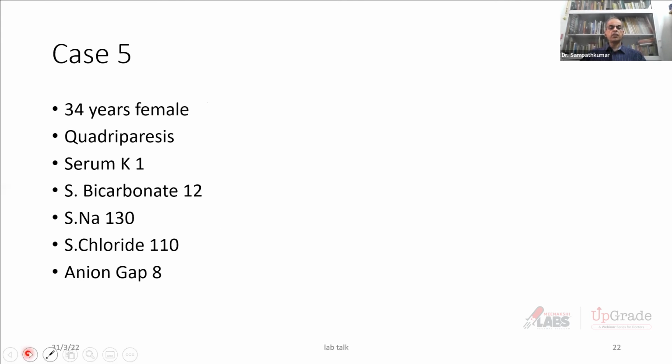The fifth case is about a 34-year-old female who was admitted with a quadriparesis. Initially, again, the diagnosis label which we received outside was that she had Guillain-Barré syndrome. But when she came here, the laboratory investigation showed that she had severe hypokalemia and also a normal anion gap